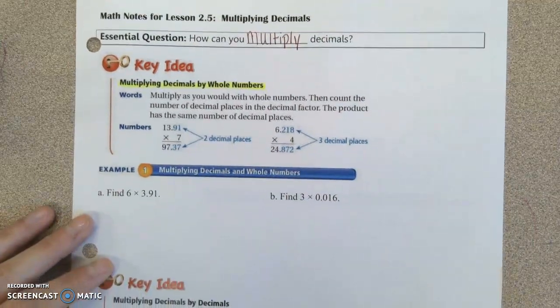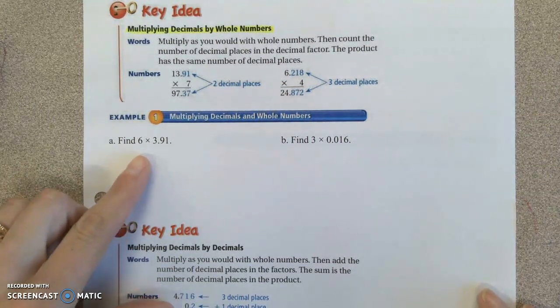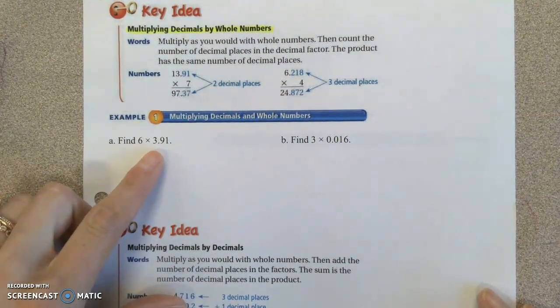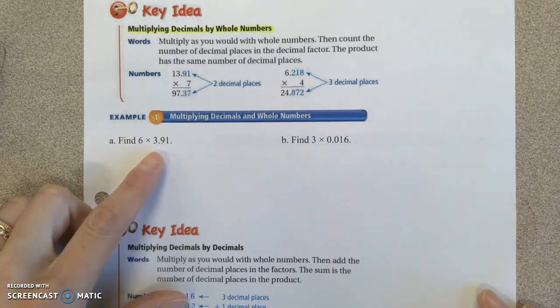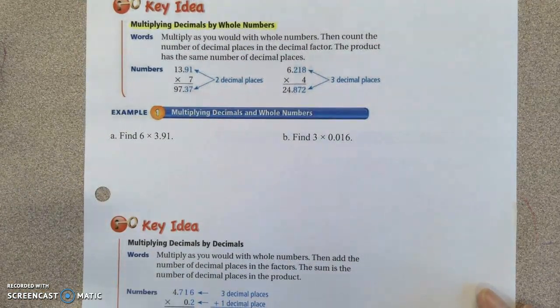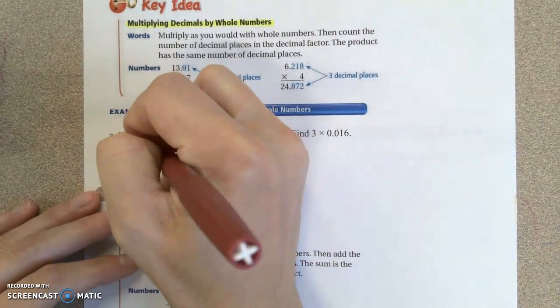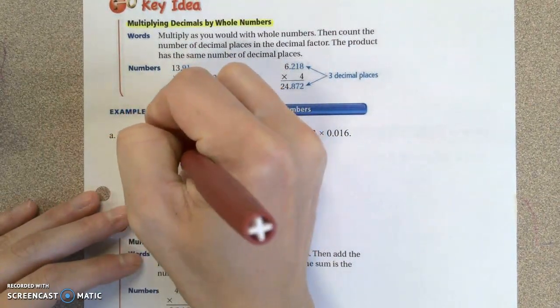So let's try this. I'm going to go down here to example 1. And I'm going to set up 6 times 3 and 91/100. Looking at this number, this is really close to 4. So just using estimation, I know that my answer will be somewhere close to 24 because 6 times 4 is 24. So I'm going to set this up. 3 and 91/100